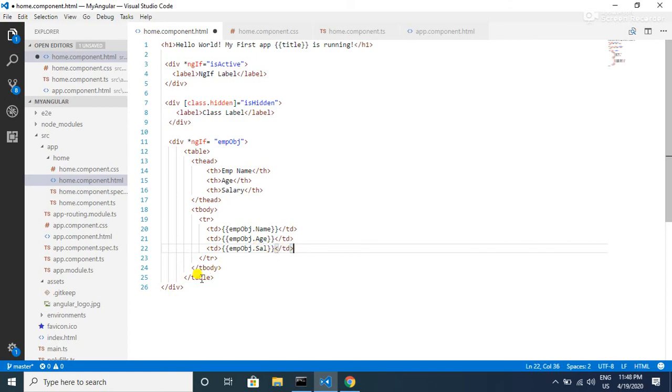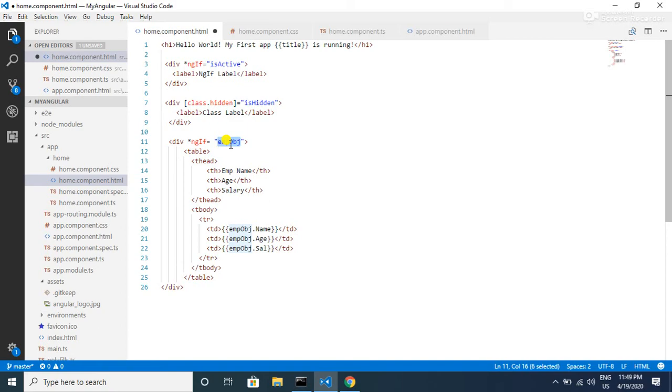So here I have applied this ngIf structural directive so that whenever this employee object is true, so when I say true here, it is a truthy value. When the employee object is null, then this will be converted to false as it is a null value. Whenever it is not null, it is treated as a true value. It doesn't have to be a direct boolean value. It can be a JSON object also. So based on whether it is nullable or non-nullable, it will be treated as true or false.